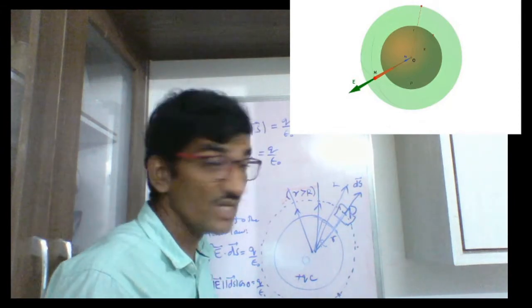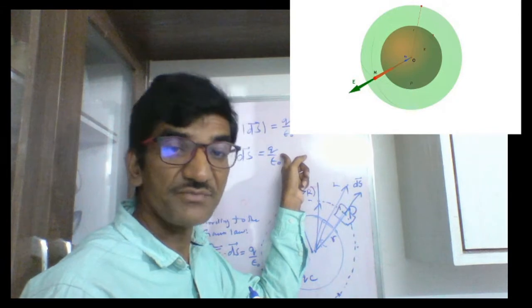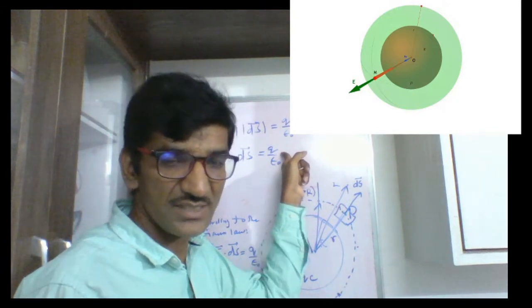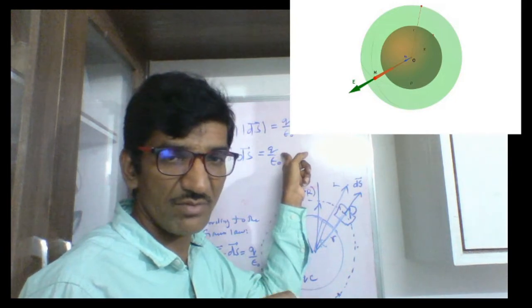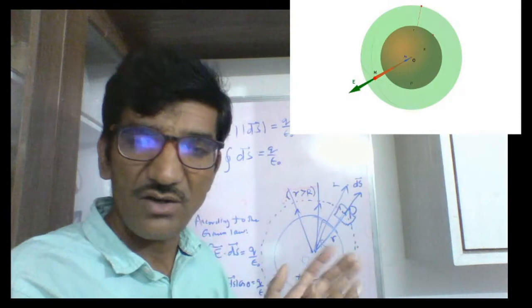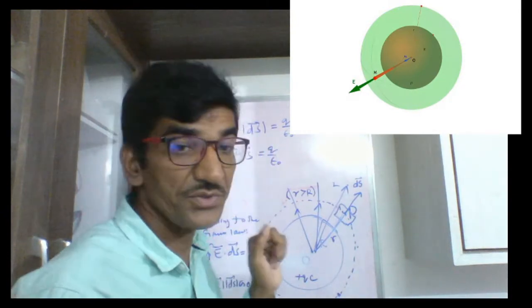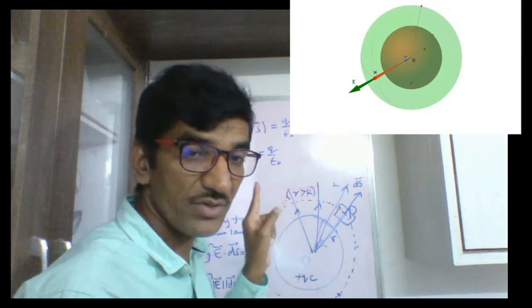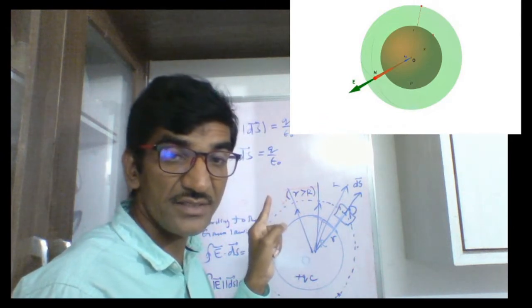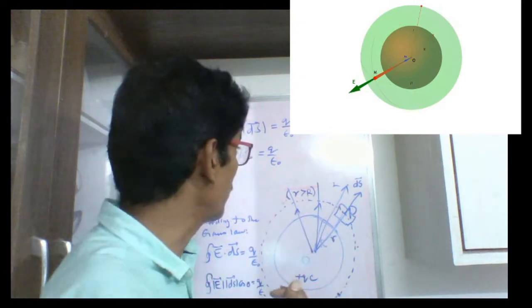You see, this Q is inside the Gaussian surface. Of course, it is inside the original sphere surface, but we are not bothering about that, whether the entire object is inside the Gaussian surface or not. That's why this charge Q is what we are talking about here. We are saying that this charge is inside the imaginary sphere. We have to talk like this only here.